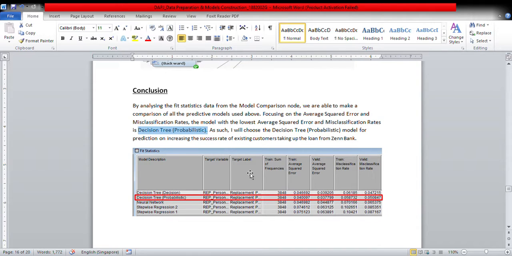As such, this will be the model that I've decided we'll be going for in order to carry out the analysis on how to predict an increase in the success rate of existing customers taking up a loan from the bank. So to quickly sum it up, we also did an extra